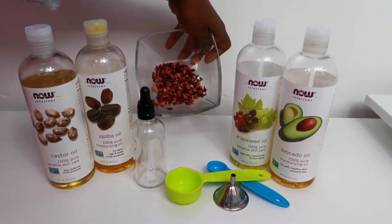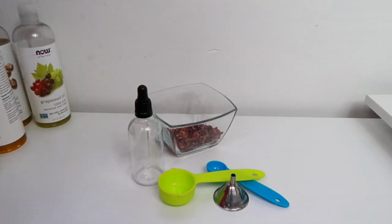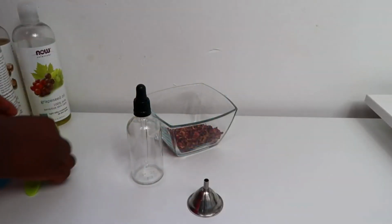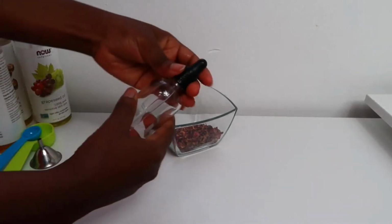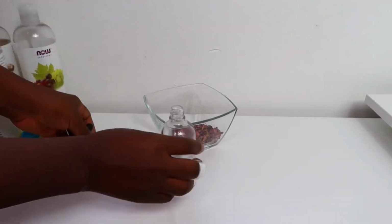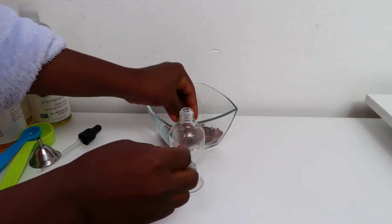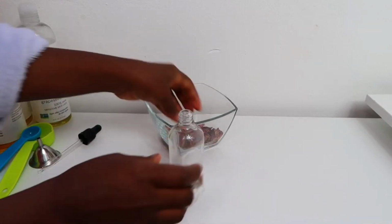These are actually edible rose petals, so they're organic and edible, and so they don't cause any health issues or anything like that. And these are my measuring spoons that I'll be using, and a little funnel just to help me get the oil inside of my bottle. This part was a little bit difficult, but while I'm doing that, I'll just tell you a little bit about